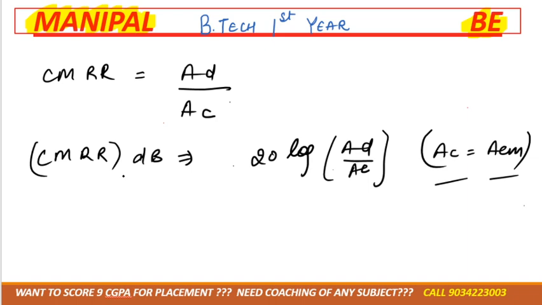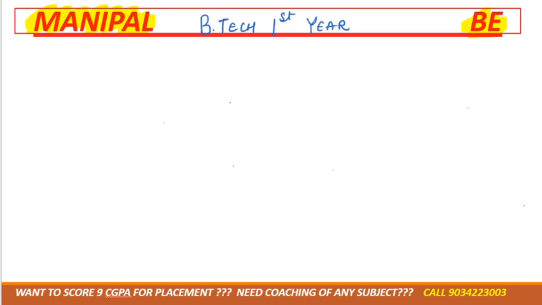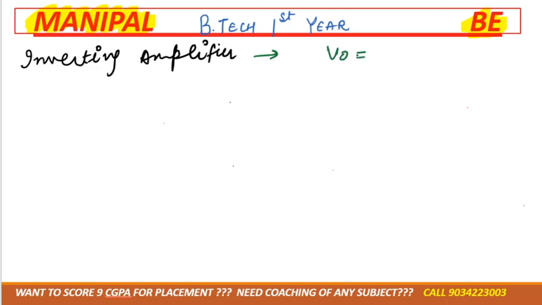Now after that, next one is opamp, inverting amplifier. You have to remember the derivation of all these amplifiers, because sometimes they'll ask you the derivation. So first they'll ask you derivation, then that, then the numerical based on that. So V naught for inverting amplifier, V naught is equal to minus RF by R1 Vin,